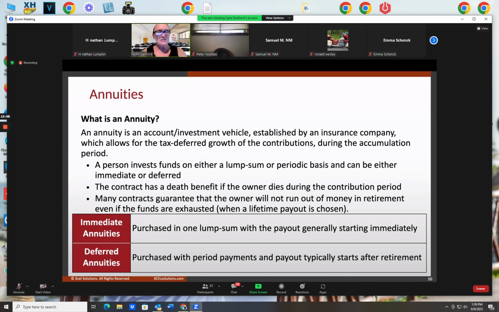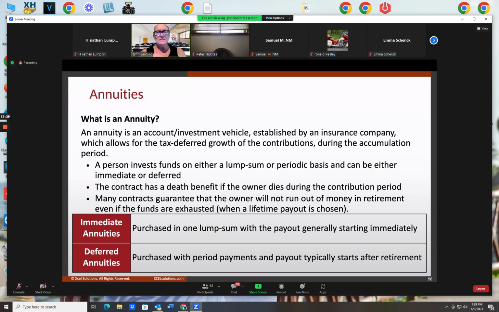And once it starts, it will not stop. It will continue to pay me out one of those 6 ways I chose to have it annuitized and paid out to me. So, immediate annuity means I need immediate income from it. So I've got to establish that with one lump sum of money. But the payout is based on the dollars in there. So I can't be adding to it at the same time I'm drawing money from it.